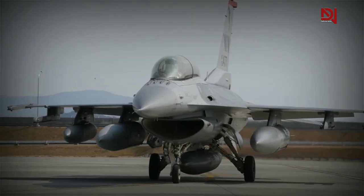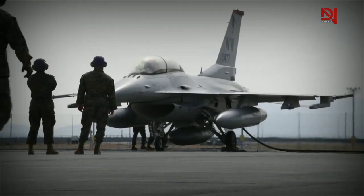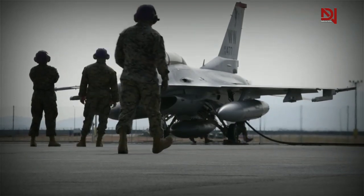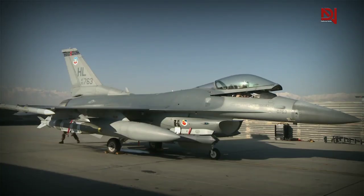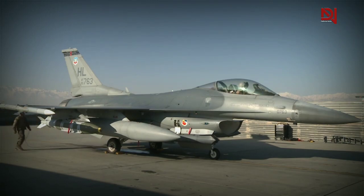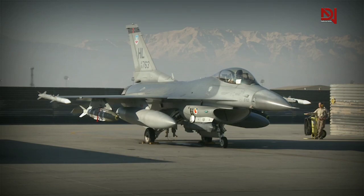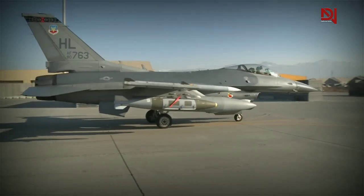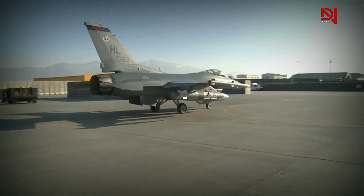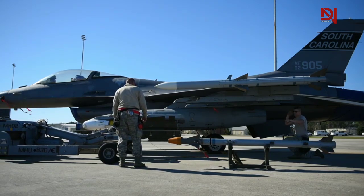The F-16C and D versions, which were introduced in the mid-1980s, have undergone significant advancements. These enhancements include upgraded avionics, such as liquid crystal displays, and the new APG-68 radars. These improvements have enabled the F-16 to engage in long-range missile combat using the AIM-7 Sparrow and the upcoming AIM-120